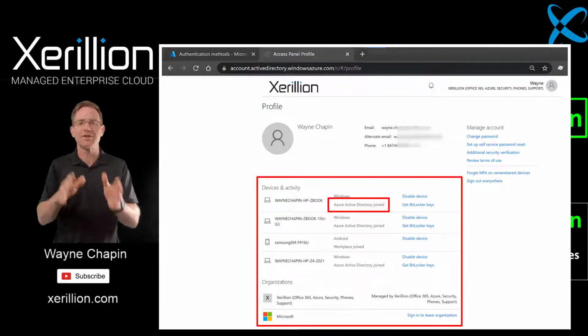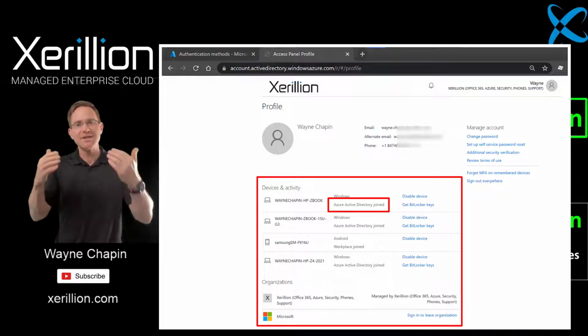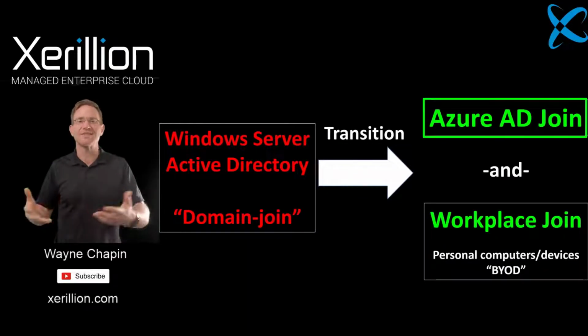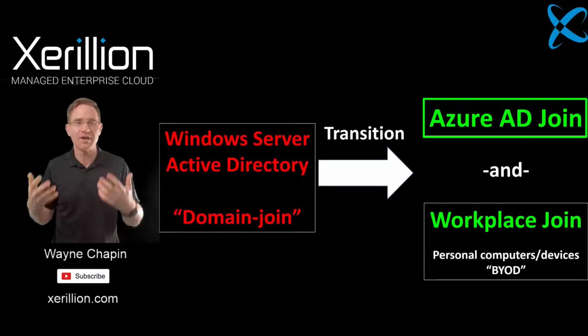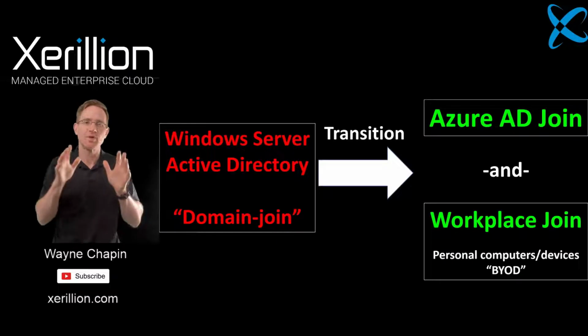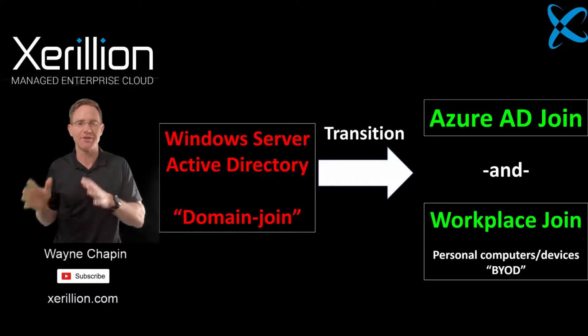And that's how we'll configure and secure that Windows computer. And I'll be digging much deeper into Microsoft Endpoint Manager later in this video, as it's a very important component of our modern Microsoft 365 IT system. And lastly, once you've moved your Windows Server Active Directory to Azure Active Directory in Microsoft Endpoint Manager, you'll be